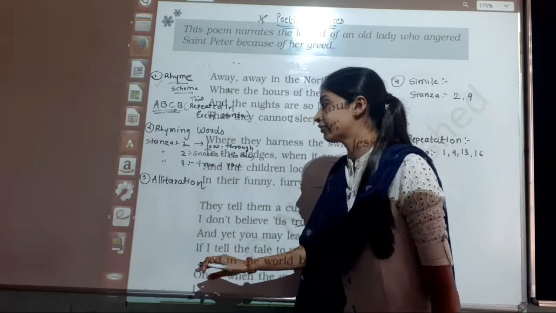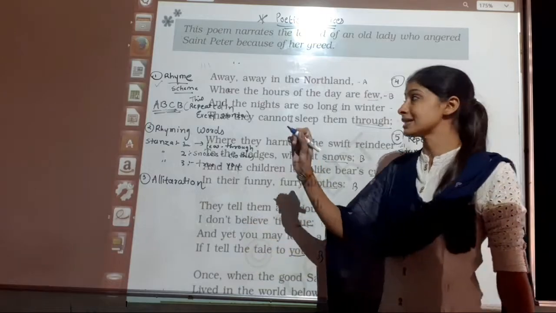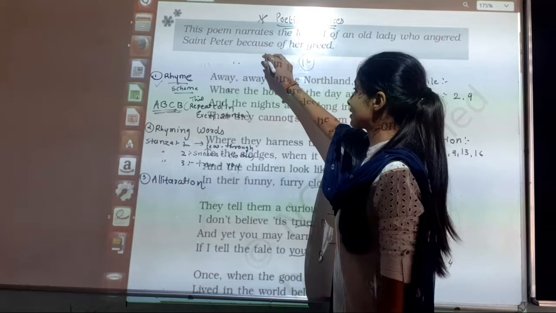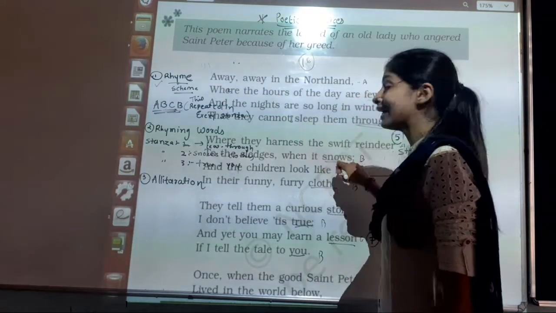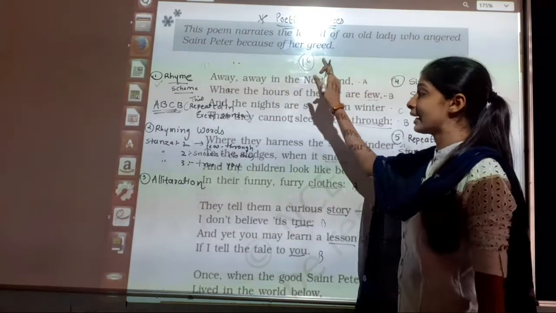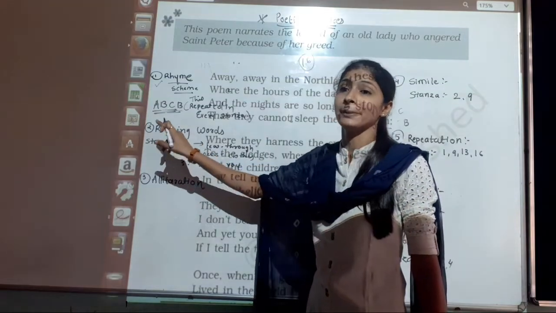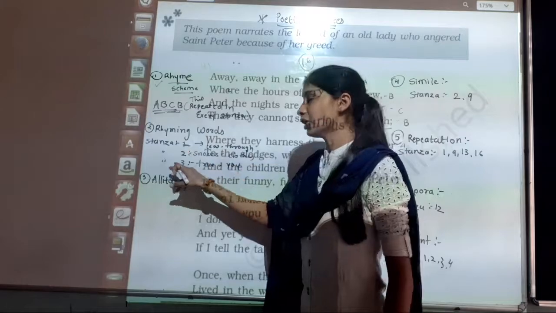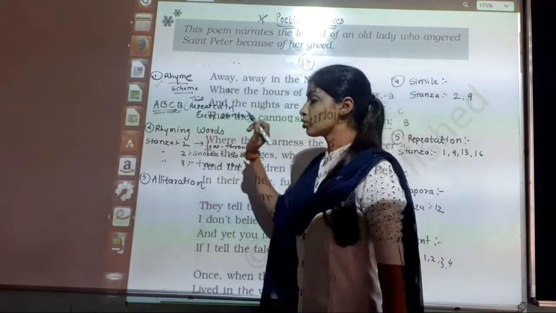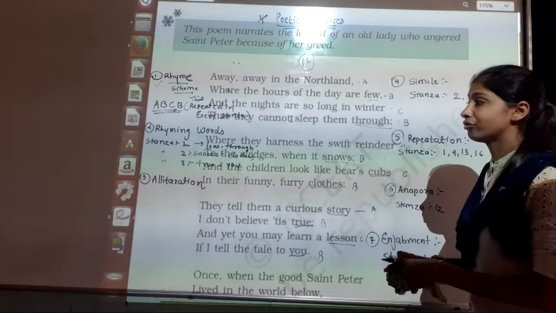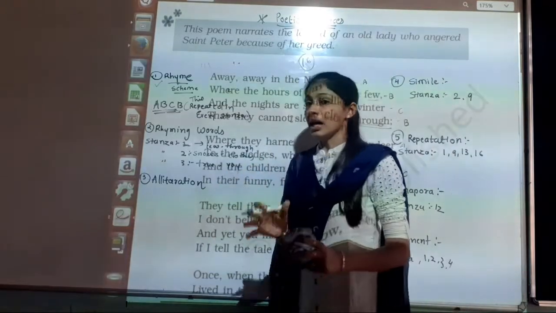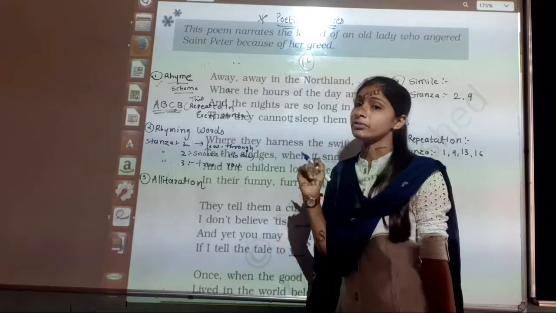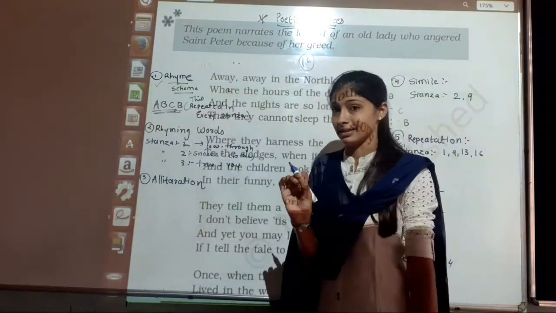In the fifth also, in the sixth, it means in the total 16 stanzas we have, you will write stanza number 1, 2, 3 till 16 and you will write every word which is repeated there as a rhyming word. So like that only you will write here. Understood? So in this way you have to find rhyming words. If you have any doubts, afterwards also you can comment on this video. I will give its answer there.